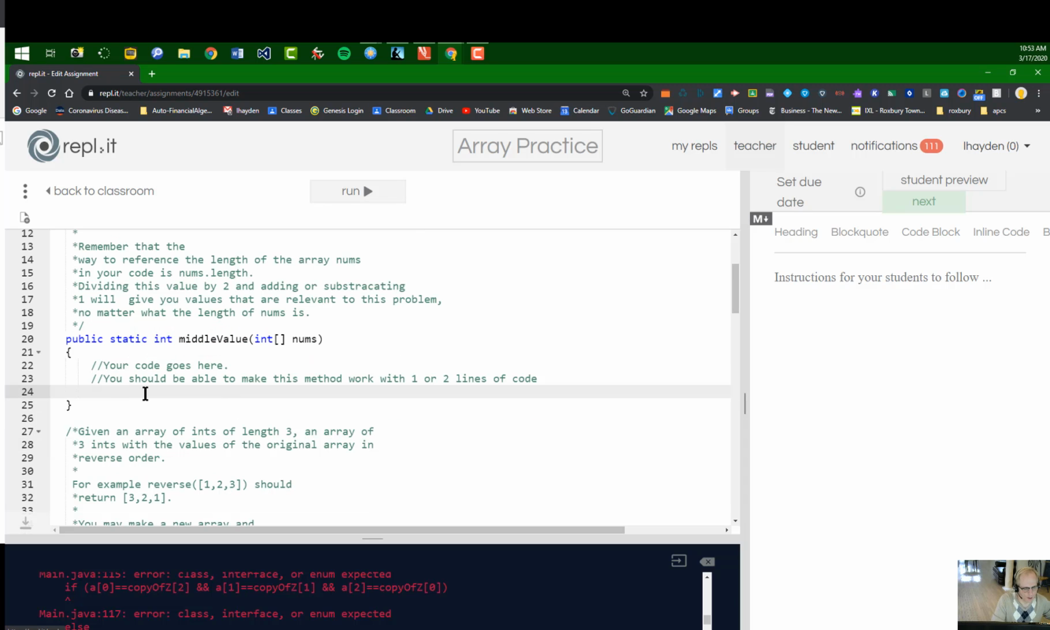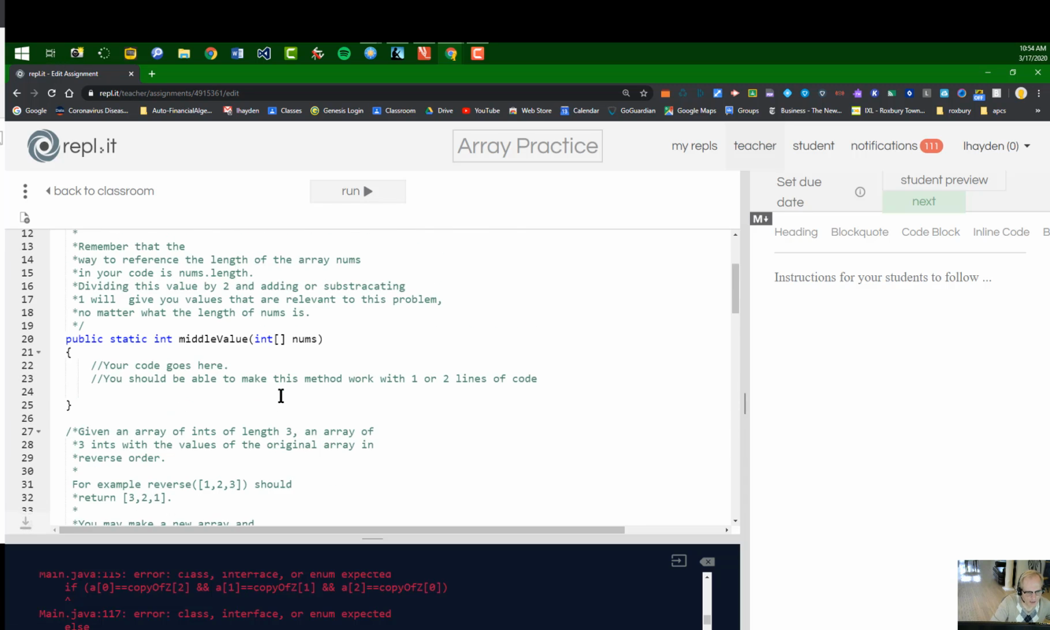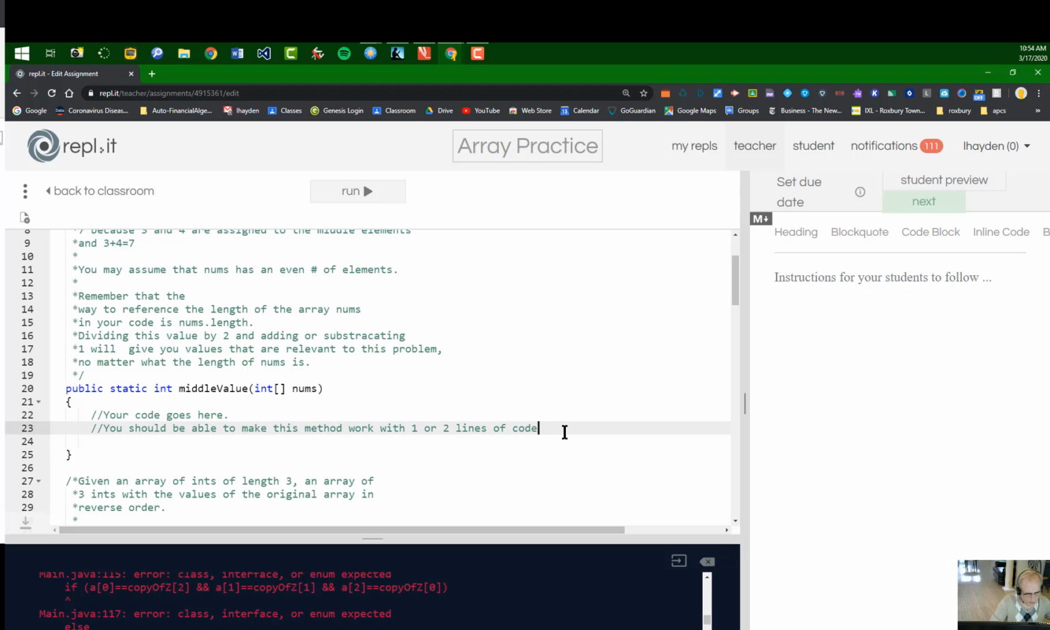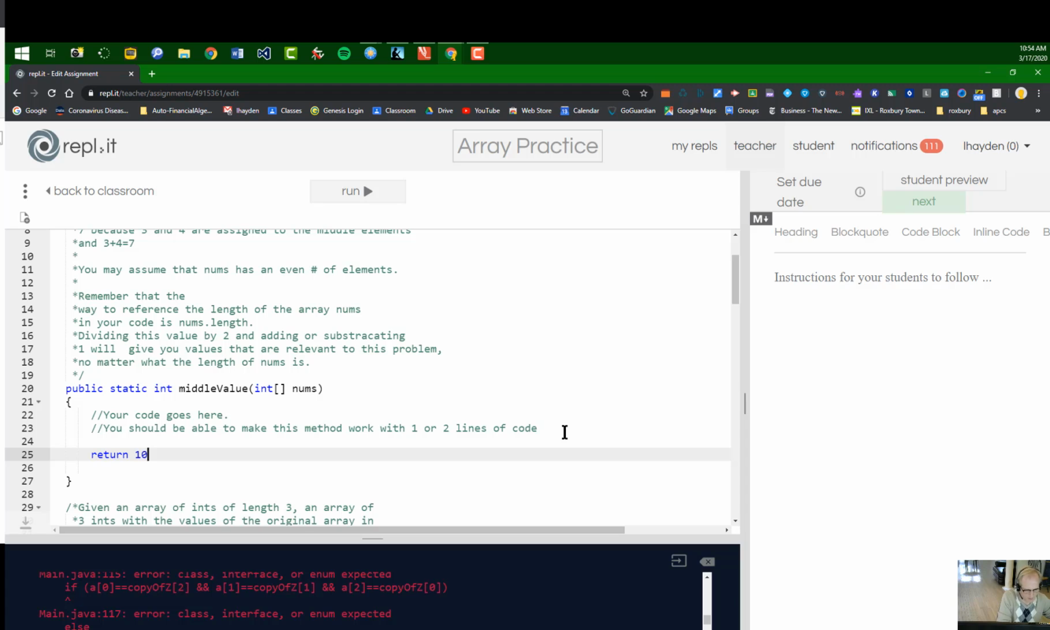So just to show you what the output will look like, I'm going to comment out a portion of the code. And even though I know this is going to be wrong, let's just say, so that you have a return statement, return 10. Because it's supposed to return an int value that is the sum of the values assigned to the two middle elements of this array. So if I click run,